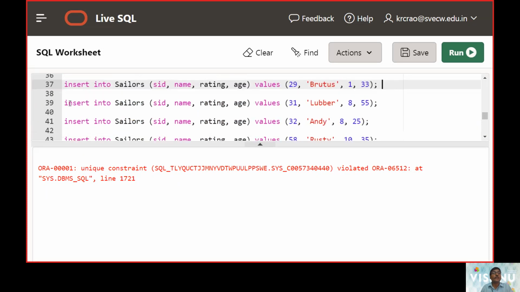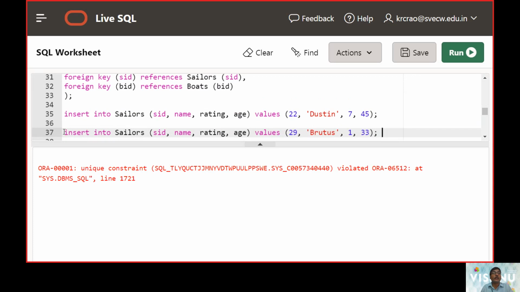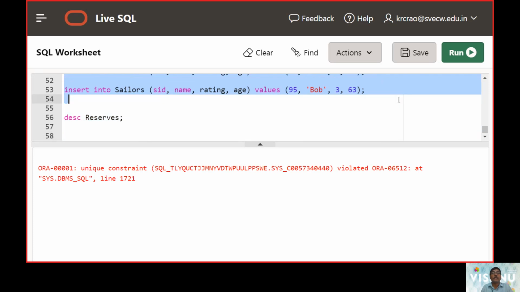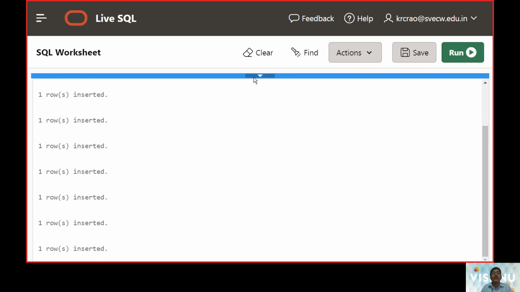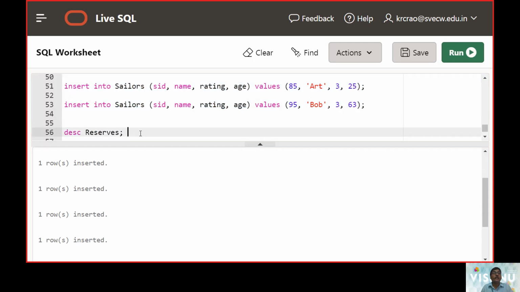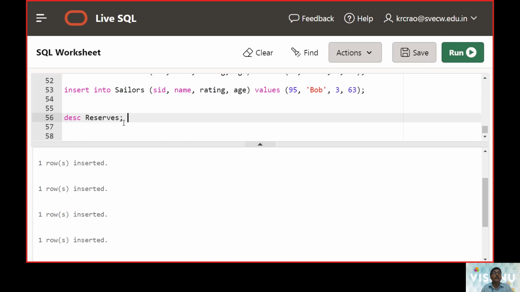The rest of the rows you can work out, and in the same way we are going to insert 9 rows at a time. Then we will check whether the Sailors table has the data.